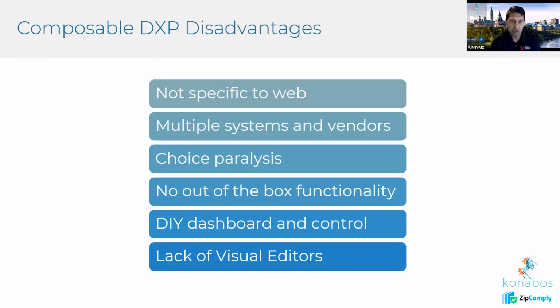There are some disadvantages though, that always come with every system. The first one is that it's not web specific, and I know I mentioned in the last slide that they are omnichannel as an advantage. But no matter which way you cut it, the web is still the main channel and the biggest channel for most customers. Because it's omnichannel, there are certain things that don't come with it being not web specific, such as URLs. A lot of the systems don't have the concept of URLs, and you need to be able to deal with that